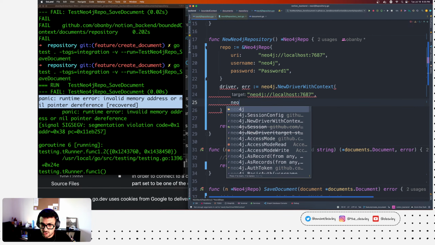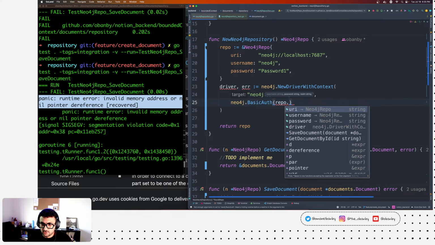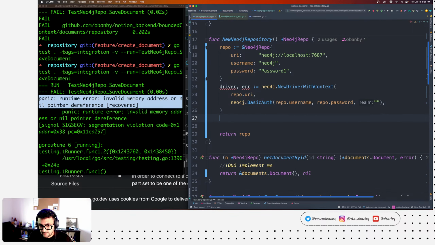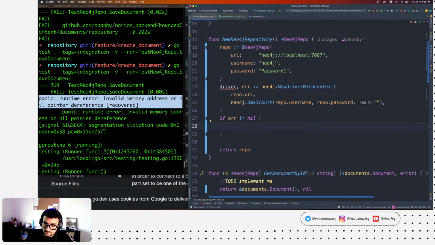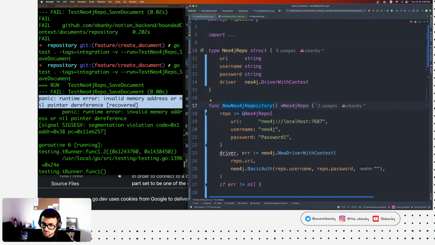So now auth j basic auth, and we say repo dot username, repo dot password, and we don't really care about the realm for now, and we can say repo dot URI, and if error is not nil, and that already shows that the new repo should also return an error.